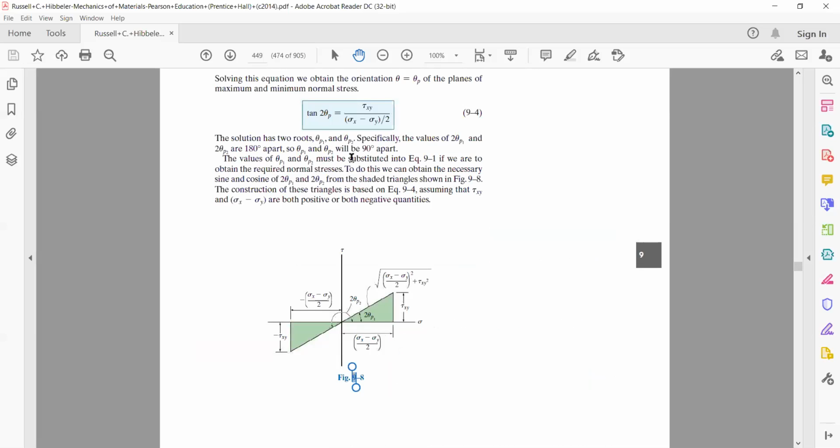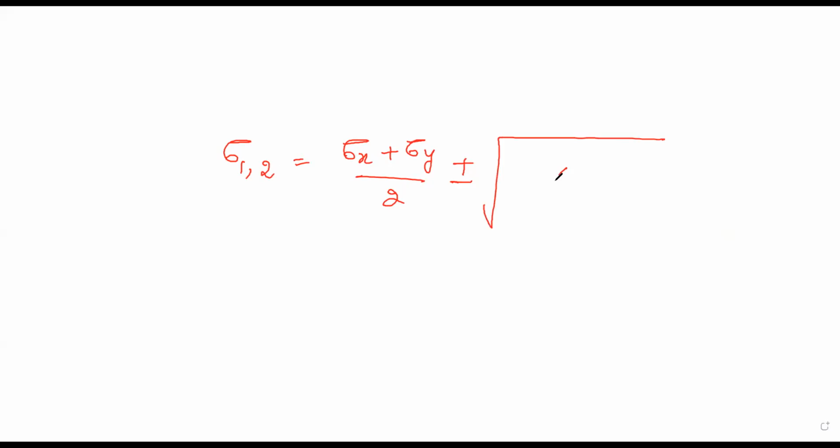You have to read this much, which I am giving, because I will also be showing it in the class, but I want you to study this much. The question is, just read this much and find the value of the next principal stress. So if I return to my board, the two values of the stress will be sigma 1, 2. So the two principal stresses are sigma x plus sigma y divided by 2, one is plus and another is minus under root of, you know what it is. Okay, fine. So these are called the principal stresses.